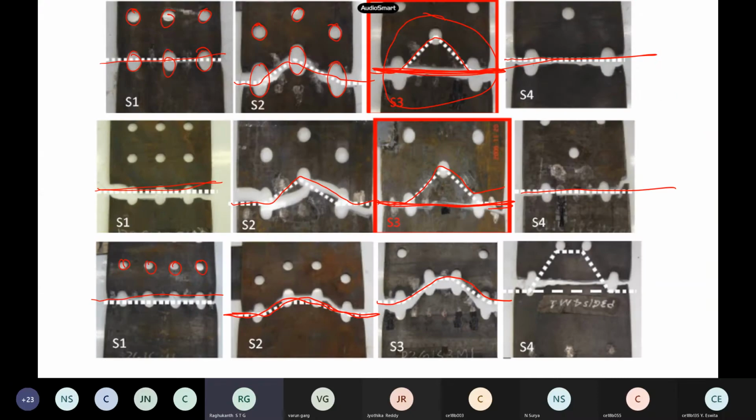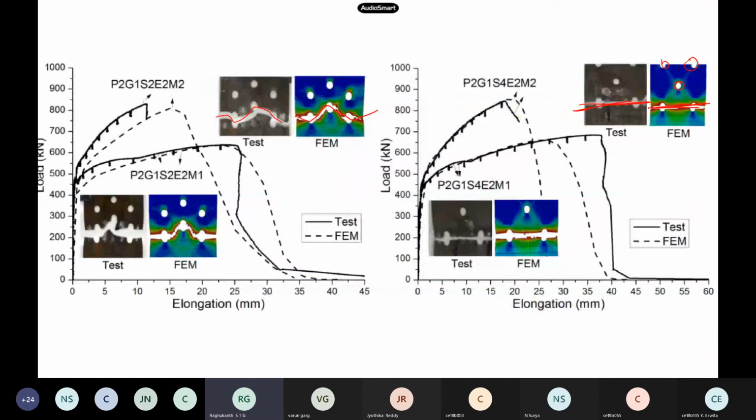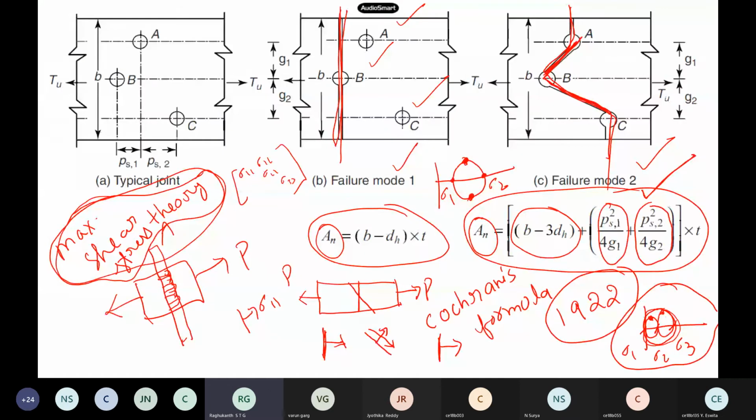So you can see a variety of failure patterns when you have staggered bolting. With chain bolting you will not see anything great. Only one section gets sheared off and rupture happens, in chain bolting it can happen here or here. The end bolts will be under high stress, and the middle bolt will be under less. So whichever end bolts, you will see these types of failures. I showed you this in the last class to show that staggering is a big issue.